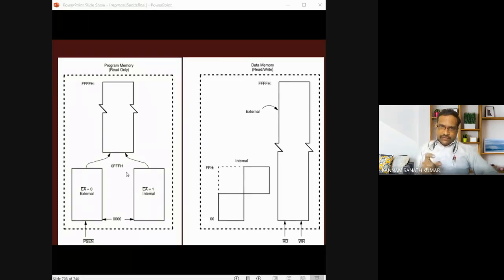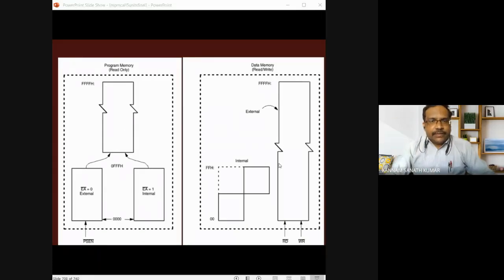As I told you, 8051 has internal on-chip 4 kilobytes of ROM. So from 0000 to 0FFF, it will support on-chip ROM. Program memory is nothing but ROM. After that it will support the remaining 60 kilobytes of off-chip ROM. So you have to remember, when external access is connected to 0, 8051 will support total external memory, and when EA bar is connected to 1, up to 4 kilobytes it will support on-chip ROM, and the remaining off-chip ROM.